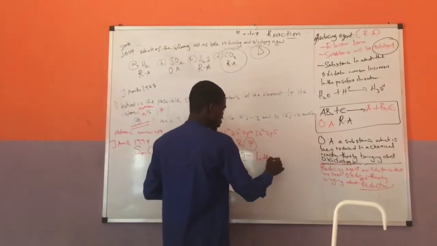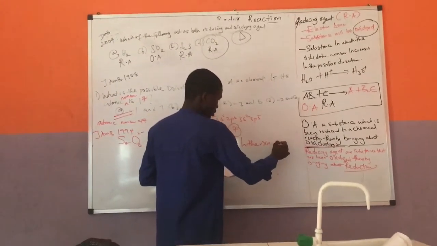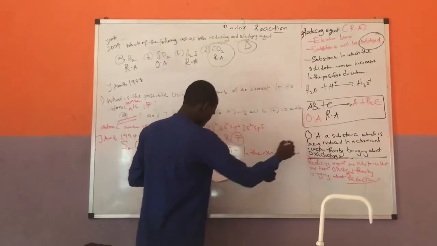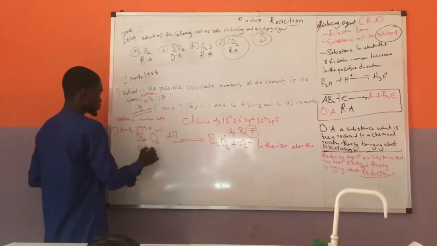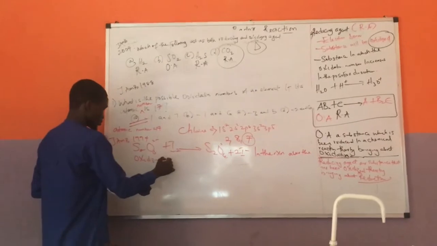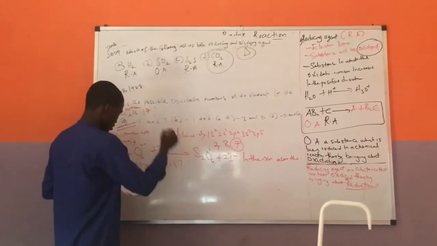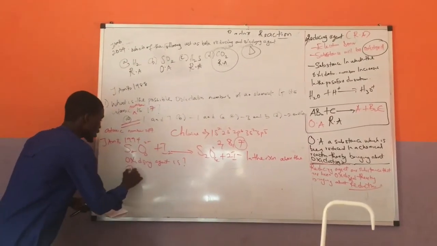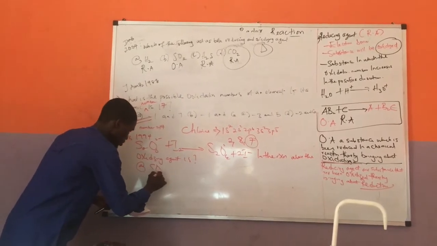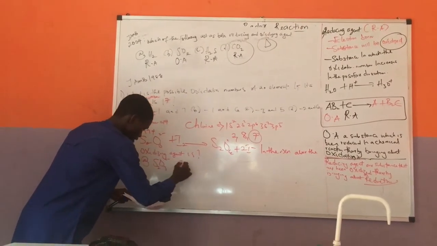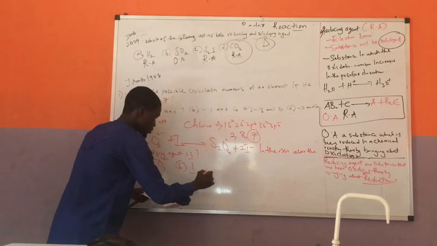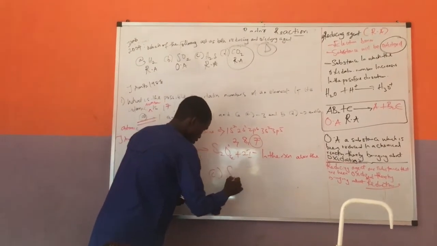So in the reaction above, the oxidizing agent is, so now we have A, SO2, B, hydrogen, C,